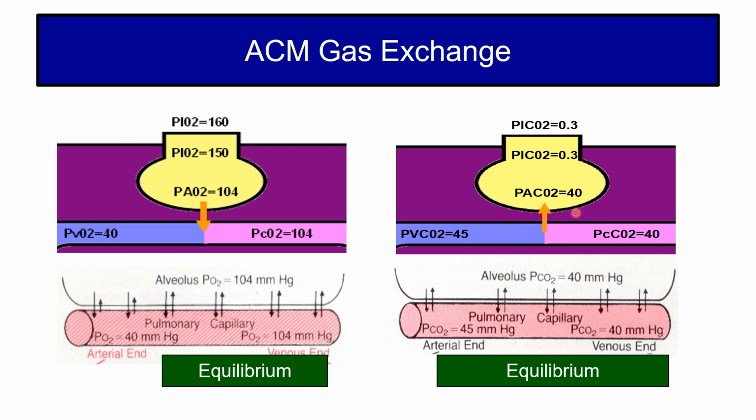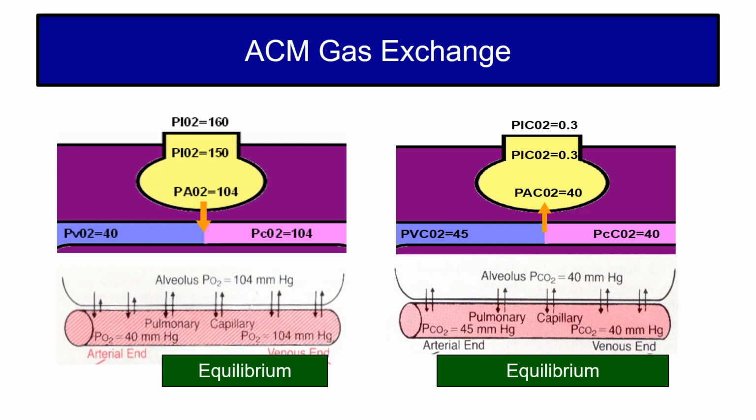Now, with regards to carbon dioxide, the mixed venous CO2 tension is 45, while the alveolar CO2 tension is 40, and therefore the net diffusion will be towards the alveolus. Okay, notice again that equilibrium is almost immediately achieved as blood enters the pulmonary capillaries. And for the rest, as it goes through to the end capillary, there's no net diffusion